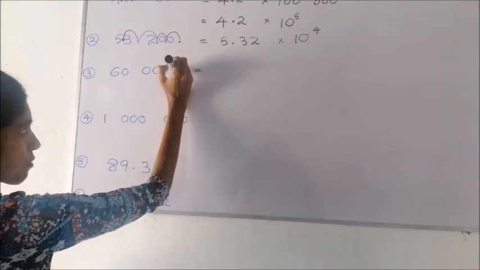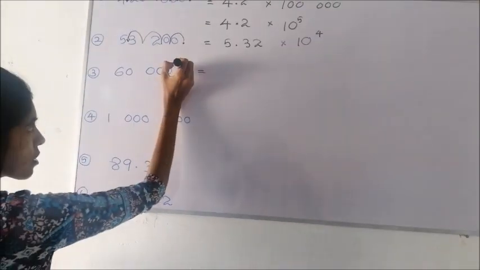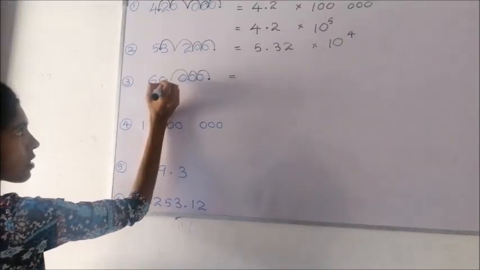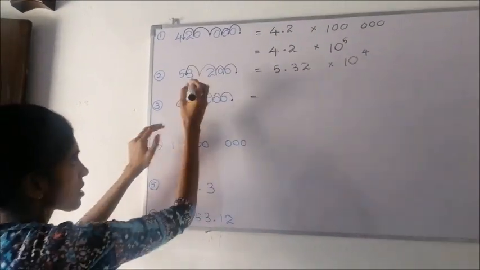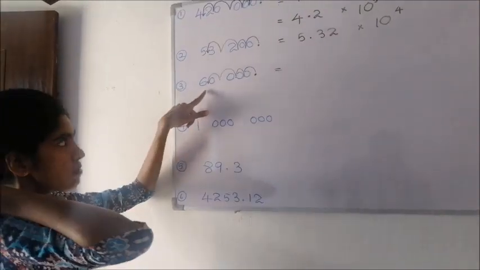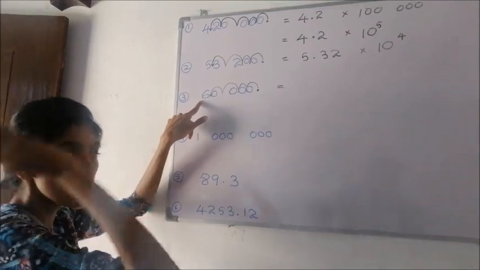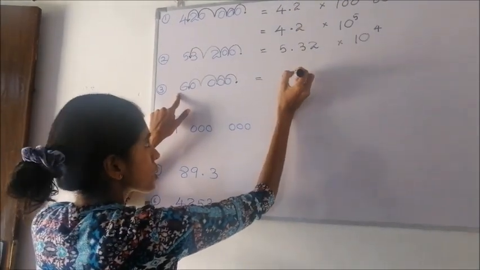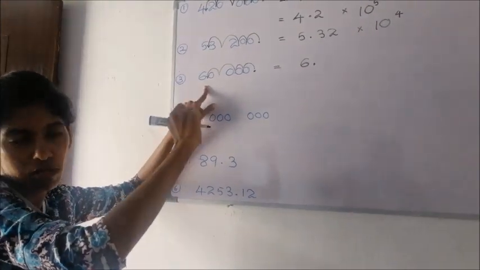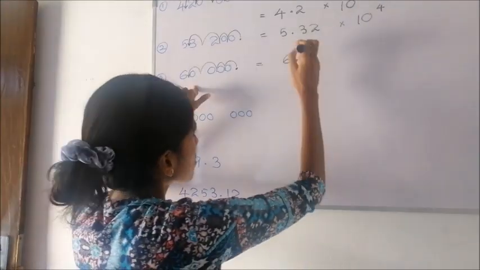Next, at the end of the number, we will bring the decimal point in front. 1, 2, 3. Still we have 2 digits. We will go forward. Okay, from here we will stop. Then we can see that only 1 digit is remaining. So we can write 6 point. I told you that the last zeros need not be written. You can write like this, no other digits.